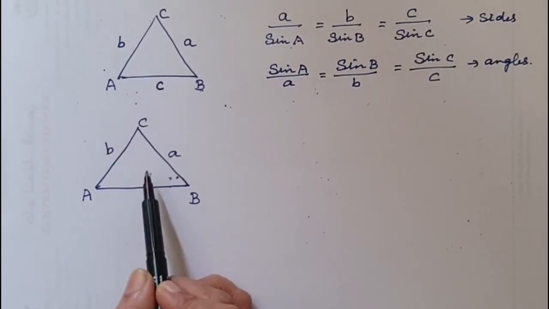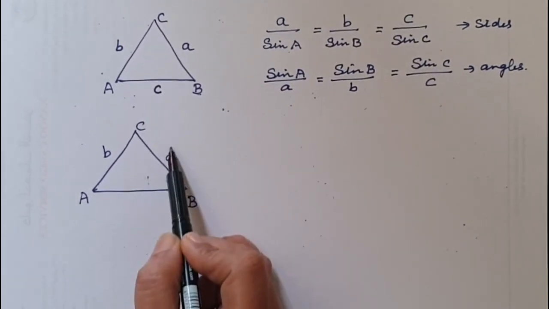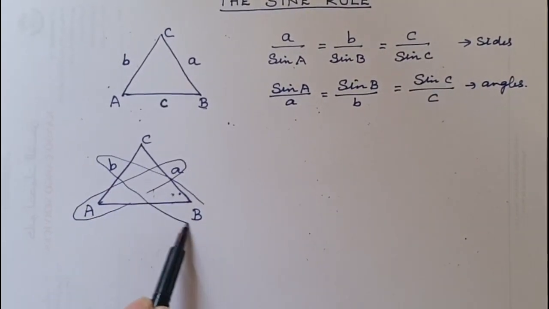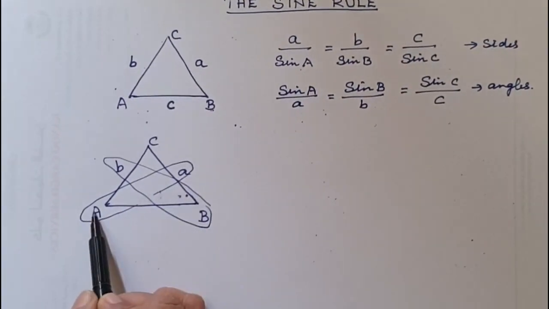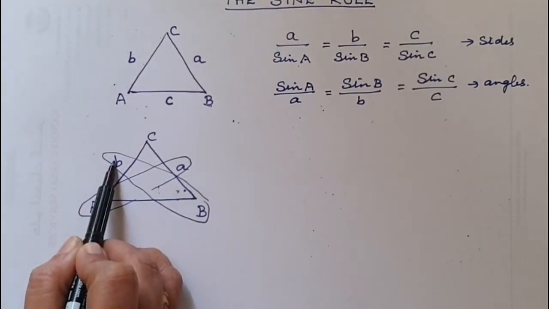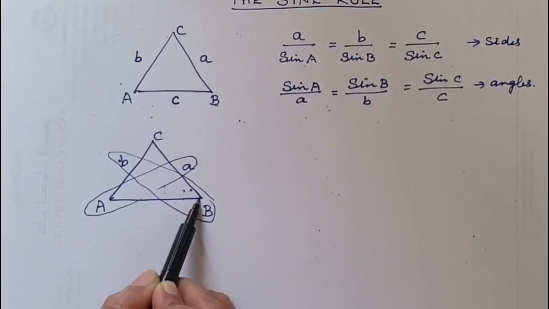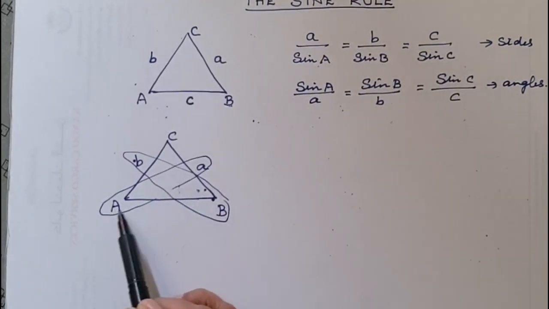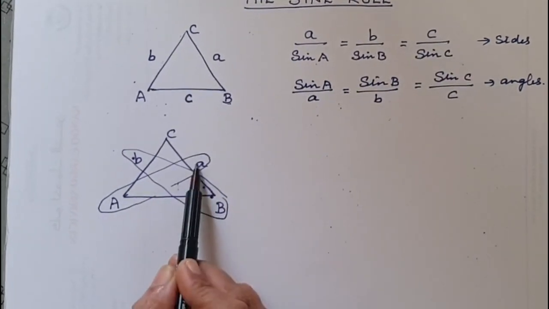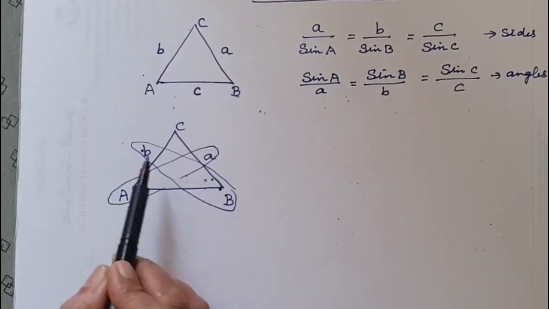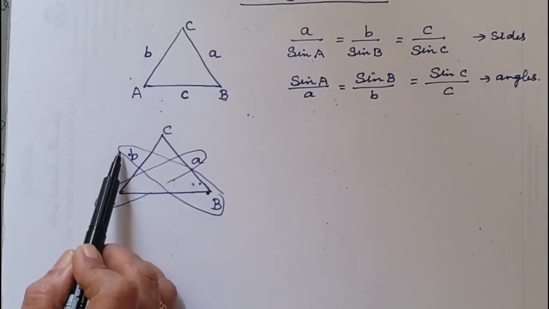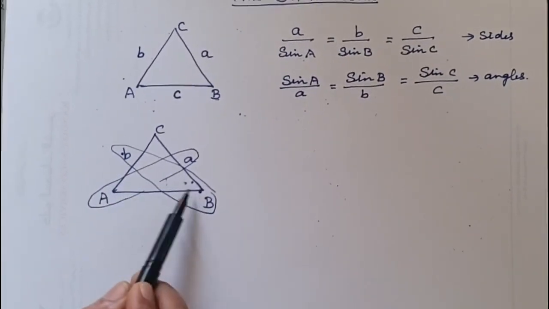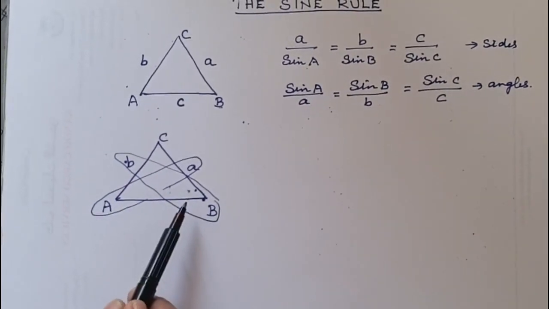Now for this triangle ABC, this angle A and the side a are given. That is, they are two opposite things. And then this set is also given. When one set is given, we can find the side a, side b, or the angle B. This is what we are going to do in the sine rule. That is, one pair of opposite things has to be given, an angle and its corresponding side, and you can find out either the side or the angle of the second set.